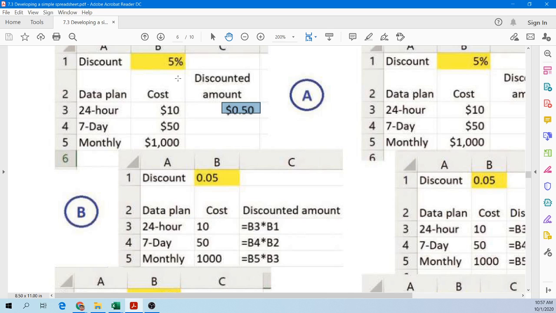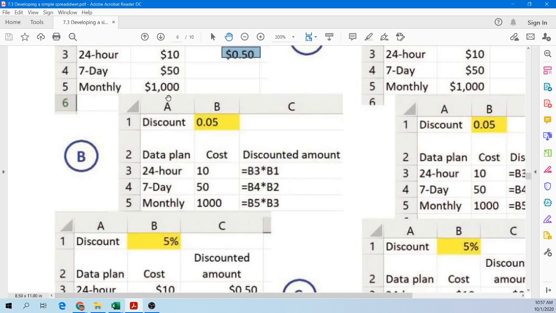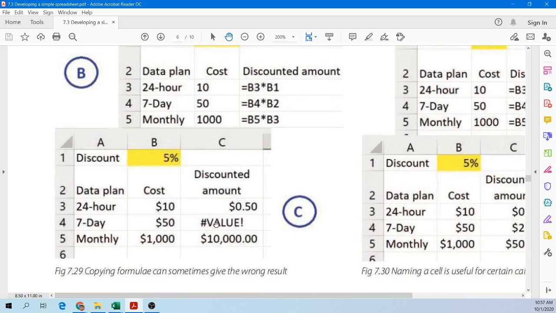But we don't want that. We want the discount to remain as 5%. So we want to reference that 5% all the time, which should be cell B1. So that is why you'll get this error here. So you'll get this error of value because